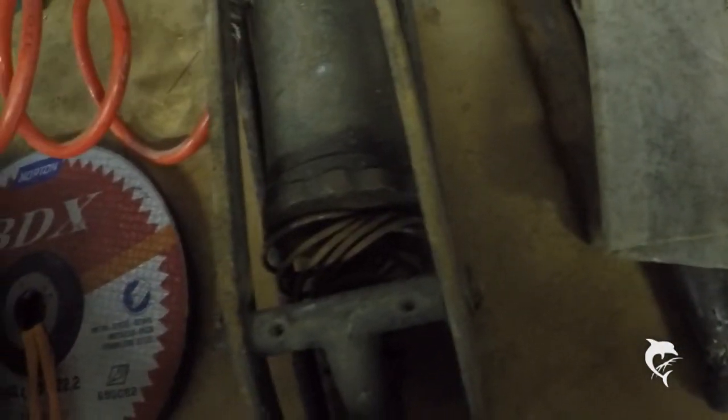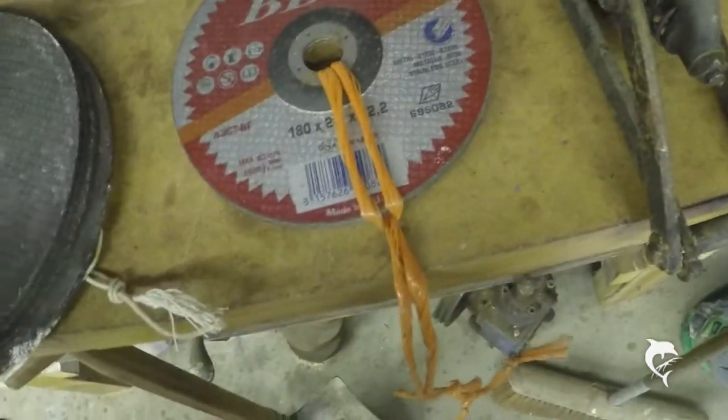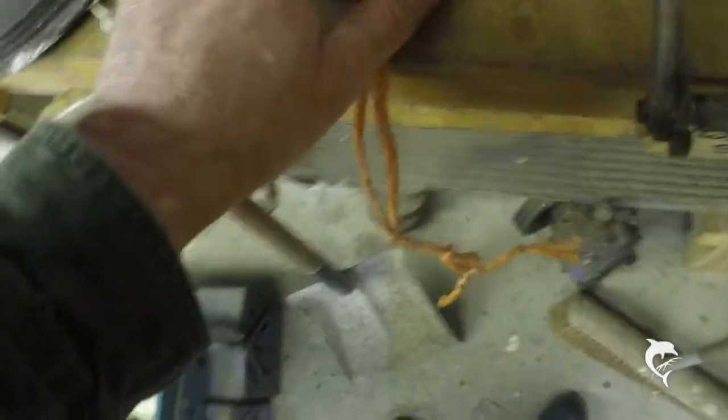A very nice old Dunlop foot pump, complete with non-standard hose, but I'm sure it works. The pump doesn't work, but it'll only want a new leather washer put on it. Some stone cutting discs, some metal cutting discs,